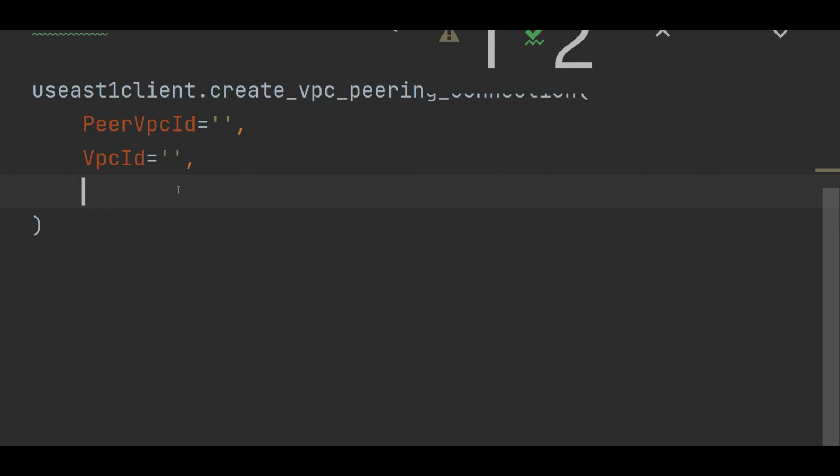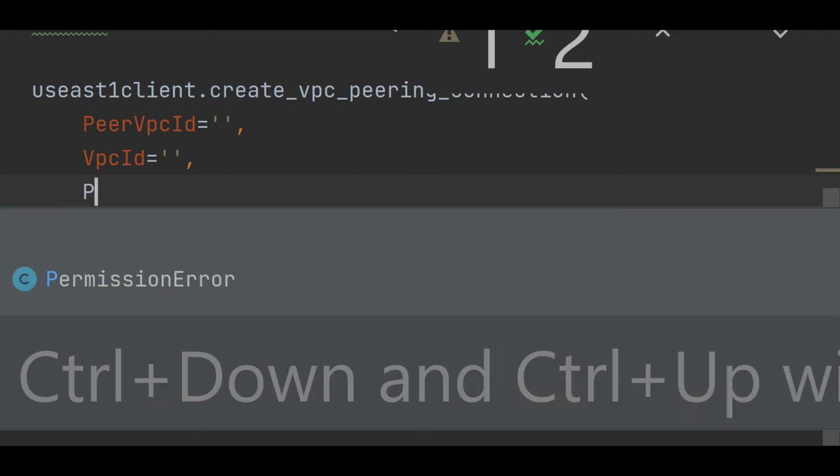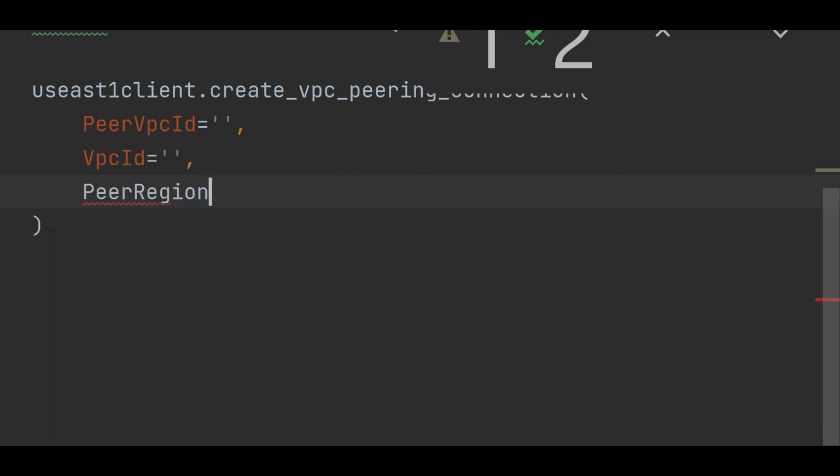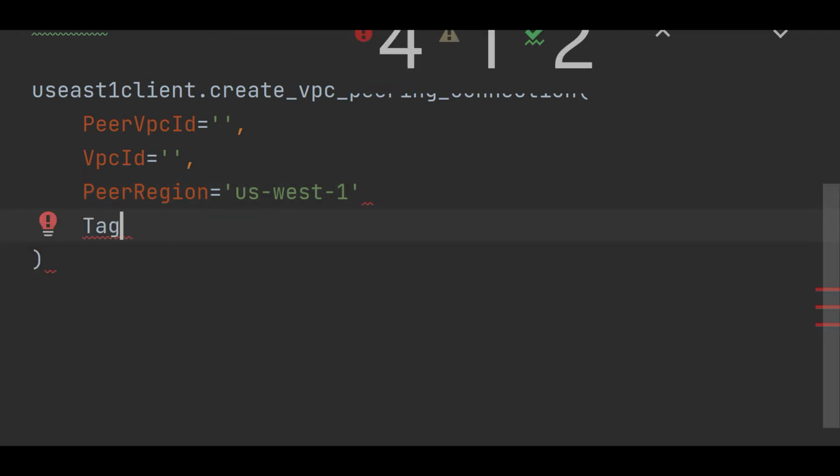The next thing which I will need is peer region, so which region I am going to peer. Over here, I am going to peer it with us-west-1. So this is the region that I am going to peer with. And as you have seen in my old videos, I use tag specifications. So I will use the same over here, that is tag specifications equals,